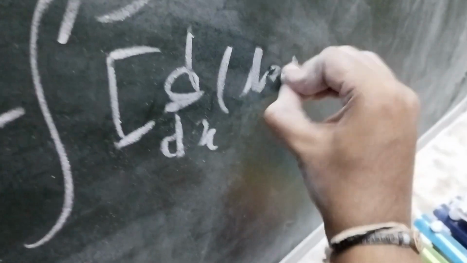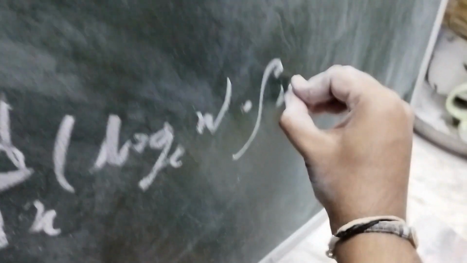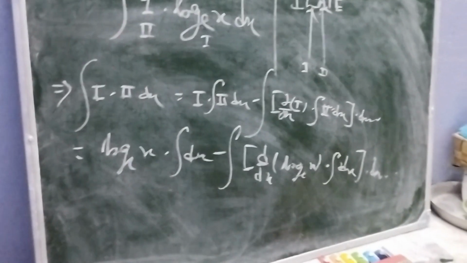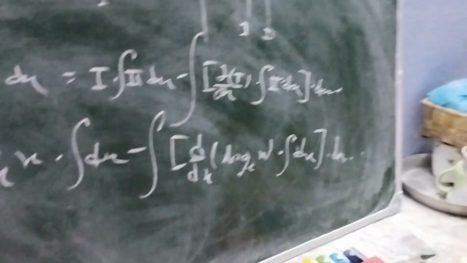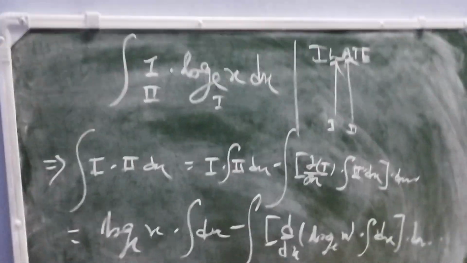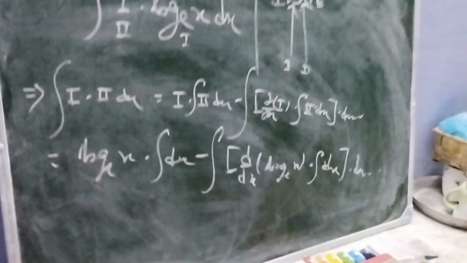So let's see how to write: integral of log x dx equals first into integral of second, minus the whole integration of d/dx of log x, multiplied by the integration of the second, whole dx. So first multiply integration of second minus whole integration of d/dx of first multiply integration of second, whole dx integration, right? So this is the basic thing that I have written,